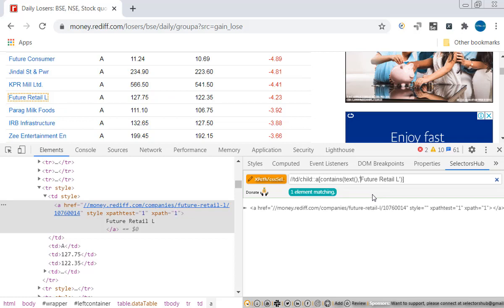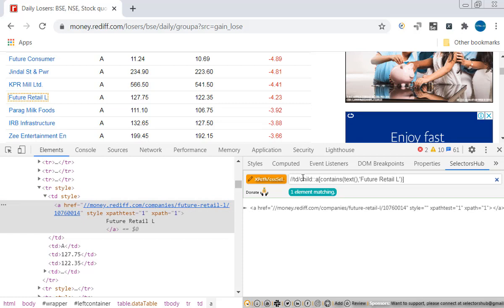For a parent, if you look at, table data is a parent, the child is the A anchor tag. So if you want to denote the direct child within the parent, you can use the child axis.